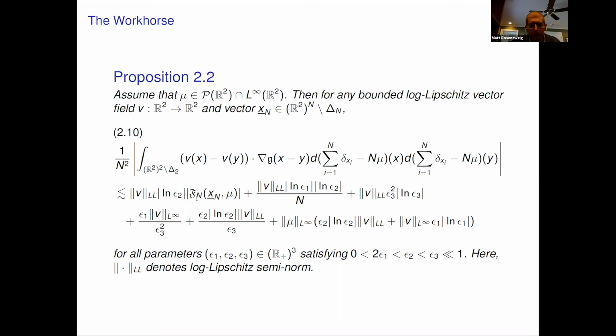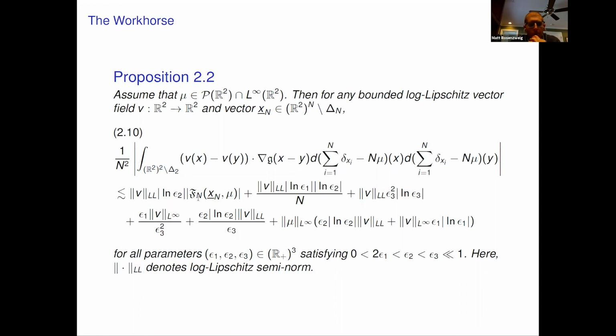You'll note that we have the modulated energy again, this Fn, but we have this logarithmic factor, this ln of epsilon 2, where epsilon 2 is going to be some small parameter. And you have all these floating parameters around, epsilon 1, epsilon 2, epsilon 3, and these are introduced because they allow us to balance terms in order to get something that we want. But this first term here is really the meat of this inequality.